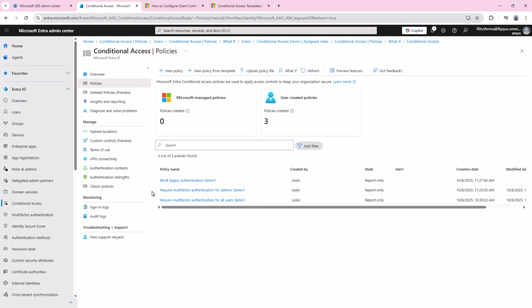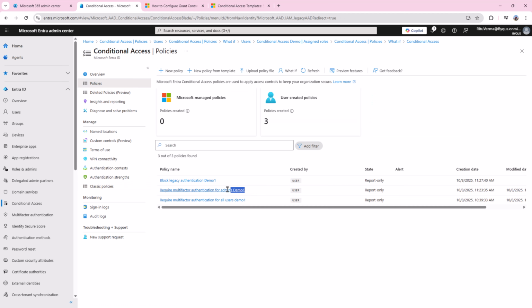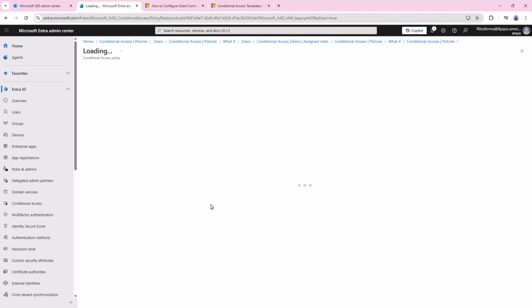If the account has admin privilege, you never exclude this account from this policy, which is require multi-factor authentication for admins. For all users, you can remove it.